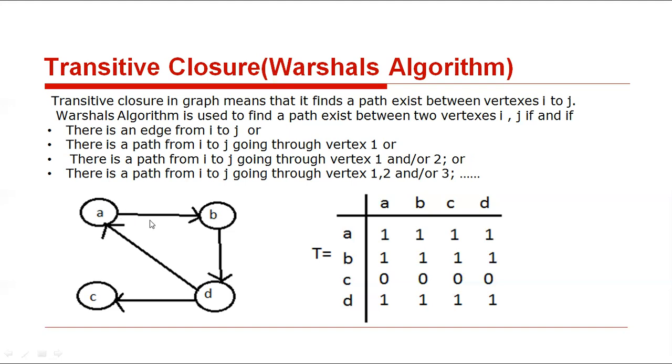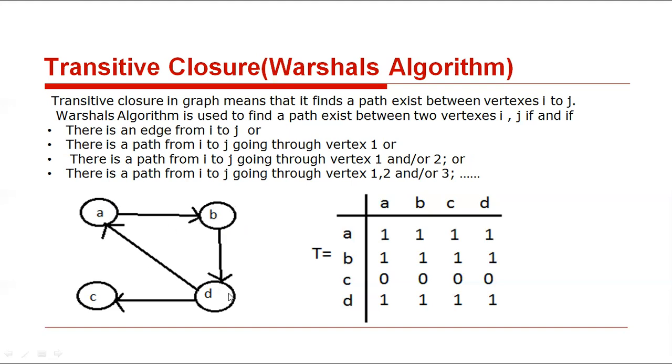But in the second step, 2 to no. In the 3 steps, then there is a 1. So like cyclic form, yes or no? A to B, B to D, and 1. Next one, A to B is 1. A to C, actually this one, yes, 1. Next one, A to D is also 1. Next one, B to A, yes, is there, 1. Next, B to B, yes, is there, 1.